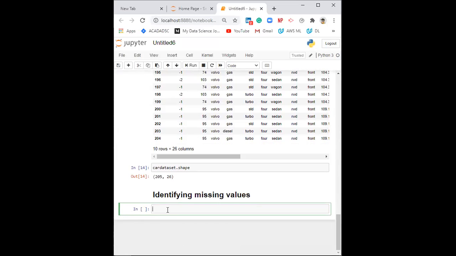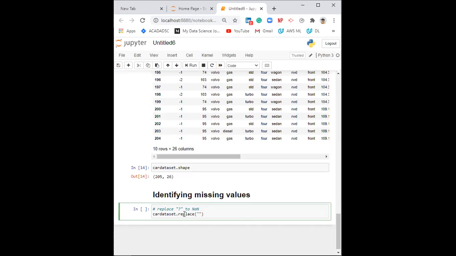Okay, so what we want to do here is to replace. We add a comment, and for starting a comment, you start with the hashtag: replace question mark to NaN. And if you remember, I said NaN is Python's default missing value marker, used for reasons of computational speed and convenience. After that, we go forward to say car data set dot replace. Replace is the function we'll be using for our missing values. Dot replace, we open a bracket,